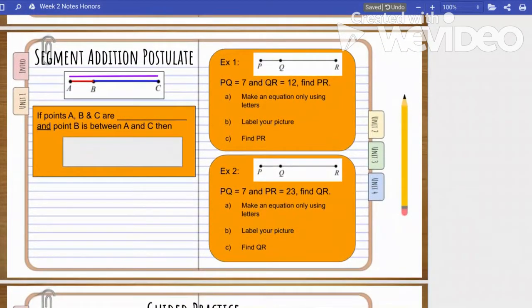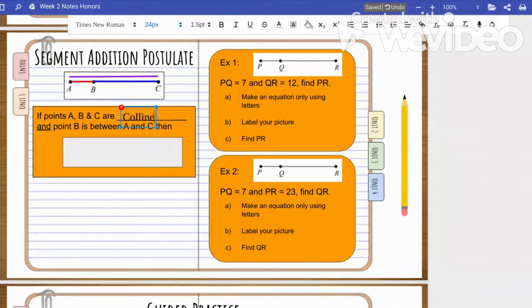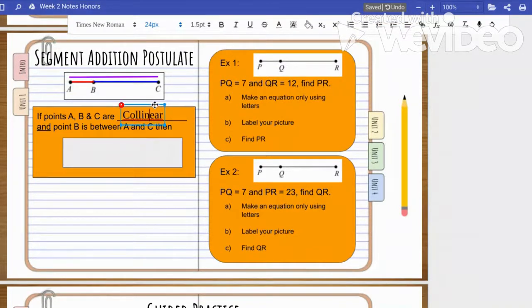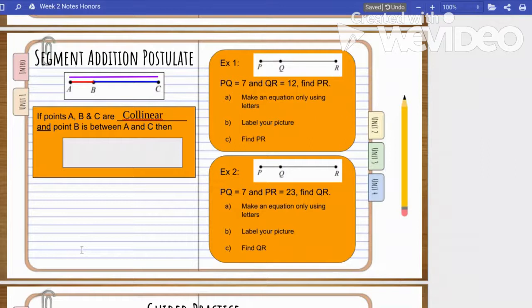So segment addition postulate is something that Euclid said will always be true. It works no matter what. So if points A, B, and C are collinear, and point B is between A and C, okay, so B has to be in between, what we know